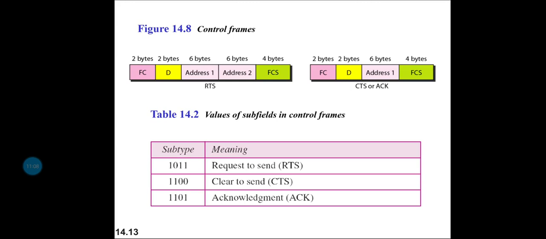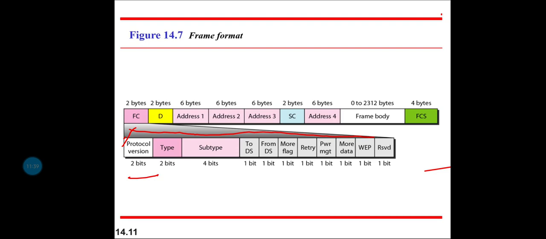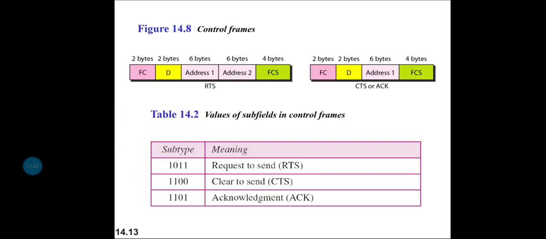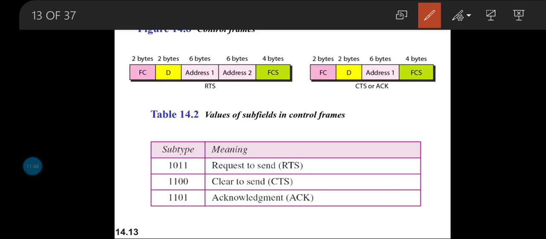Then we have the next type of frame, which is the control frame. Control frames are used for accessing the channel and acknowledging frames. If I want to access the channel, what kind of control frame do I have to make use of, and how do I send the acknowledgement for the received frame? That is done with the help of this control frame. We have one such case given here. If you look at the control frame here, the control frame for RTS is different, and the control frame for CTS is different.